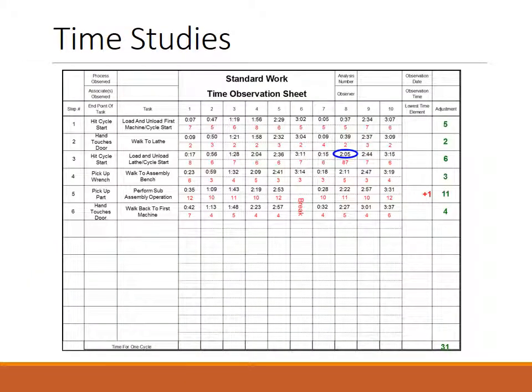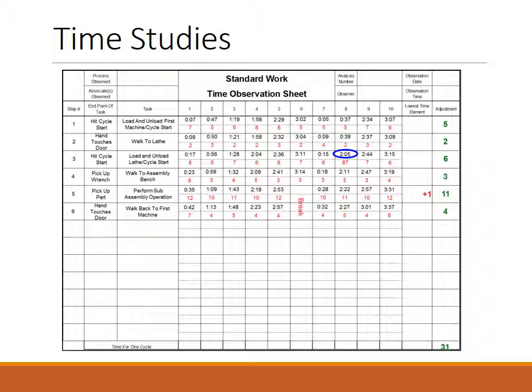So now you're going to perform step number 4, which is create time studies of the process. So on the left, we've broken out the tasks required to create a full assembly. You're actually going to shadow the operator as they perform these tasks for a number of cycles. And a cycle is defined as the total processes that are required to create a full assembly. So in this example, we're shadowing the operator for 10 cycles. You're actually going to record a flowing time as the operator just does everything that's required to build this assembly. So for example,